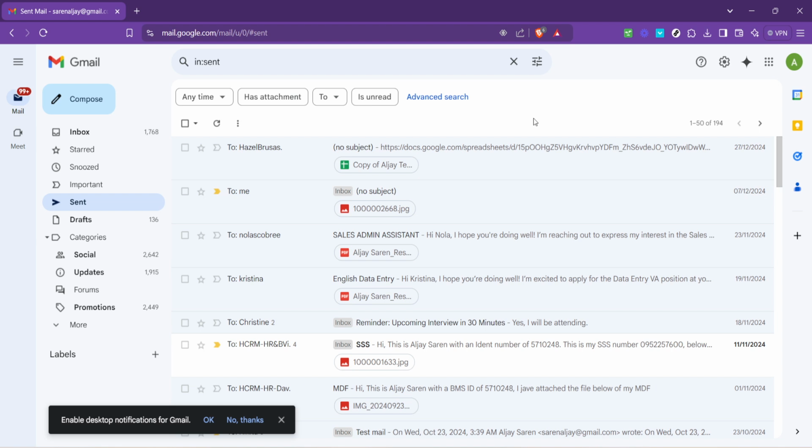Click on an email that's been queued to open it. Now, this is where action takes place. With the email open, look for options to resend it. In most cases, Gmail will provide you with a clear indication or a button to resend the email. Clicking on this will attempt to send the email again,